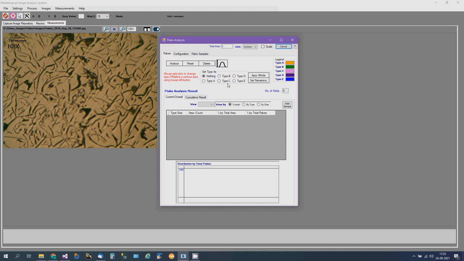We can see these are the features. If you want to manually set type A, select type A here, go and mouse right click. Please note, mouse right click on a feature to set it as type A. For example, this is a type C feature, a large and long feature. So if you want to set it as type C, you select type C here and move the mouse over that. See, now the size is there. If you right click on that,